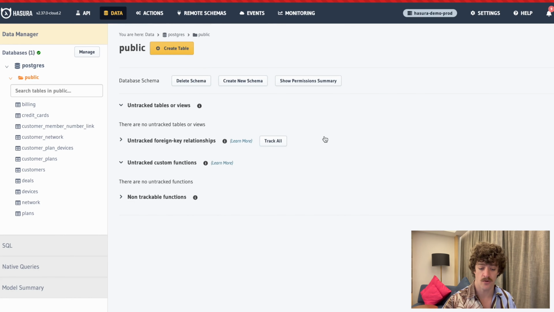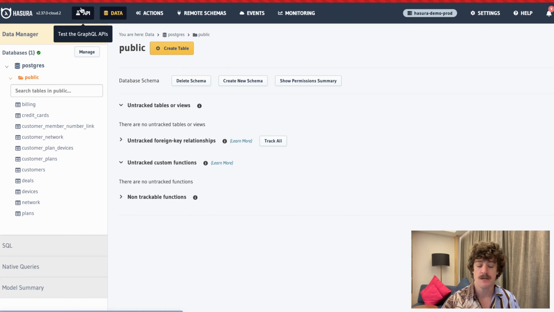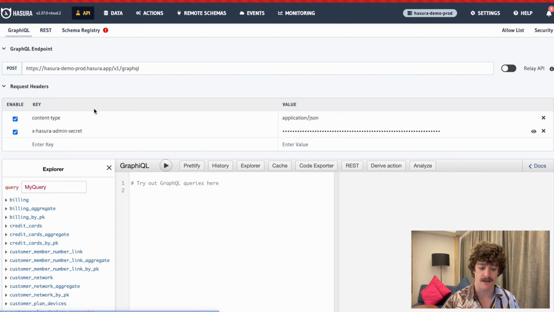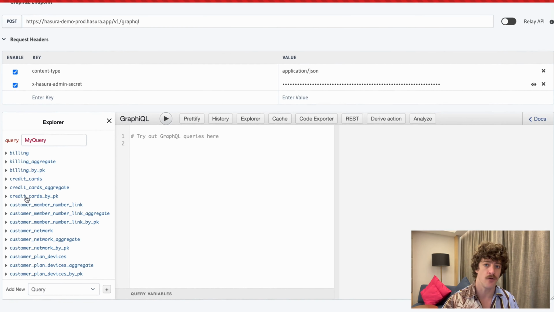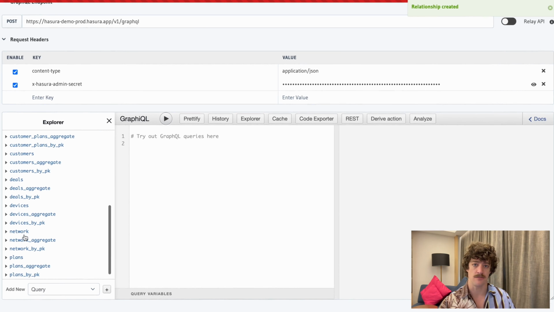So we can track all of those relationships very, very easily within Hasura, allowing us to create one schema, one overarching supergraph that pulls in information from multiple different tables using one simple query. So going back to our API, what you'll see now is that where before there were no queries available, we now have access to all of the different data objects from within that